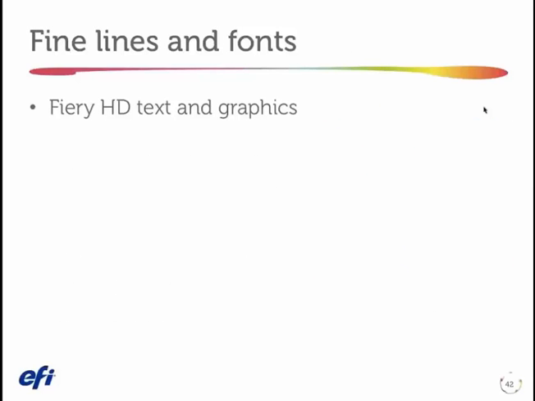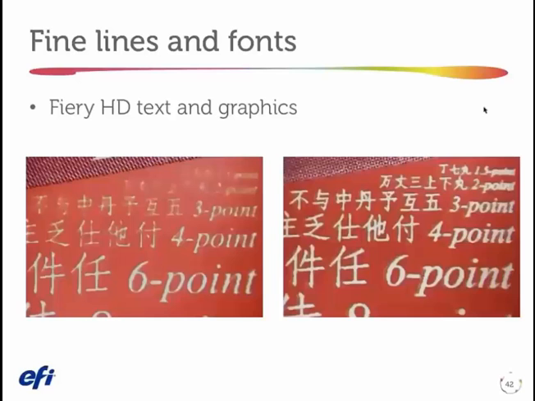The last problem we deal with in print, in terms of quality of vectors and images, relates to fonts and sometimes fine line vectors. Not all controllers have the same level of control for this. There are different edge enhancement features on different Fieries and different digital front ends you may have for your digital presses. But I just want to show you an example